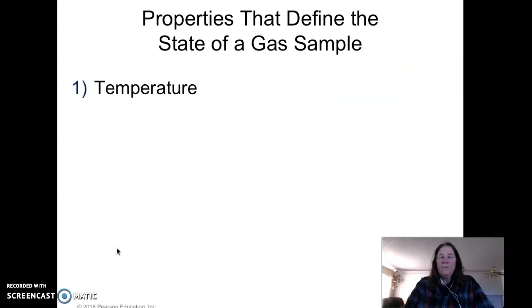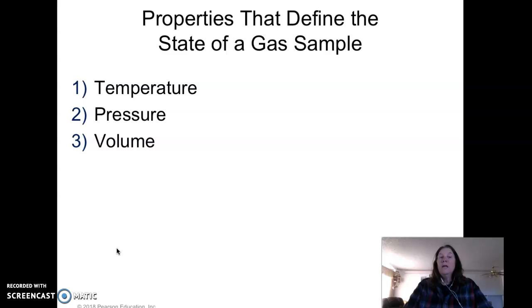They don't weigh a lot. There are properties that can change gases. There are 4 things that you can look at when you're talking about a gas sample. One of them is temperature. When you increase the temperature, you increase their volume. Pressure: if you want to change the volume of a gas, you can increase the pressure or decrease the pressure. Another one is volume. If it's in a small container, it'll be whatever that volume is.